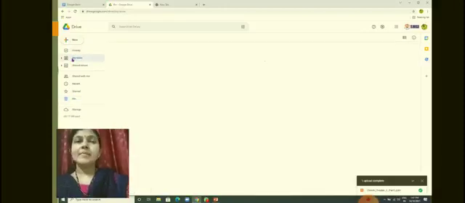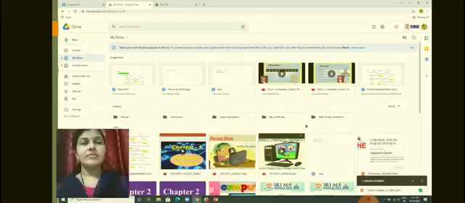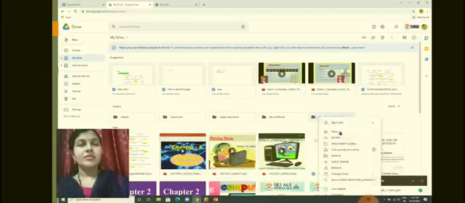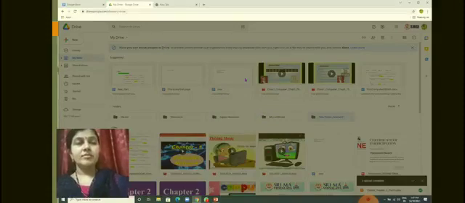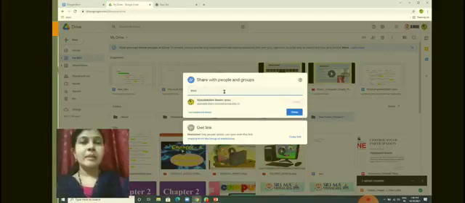Next, if I want to share this folder with anyone, the same folder can be shared. For example, when I click on the share option, same thing, you can type the person's email address and click on send.